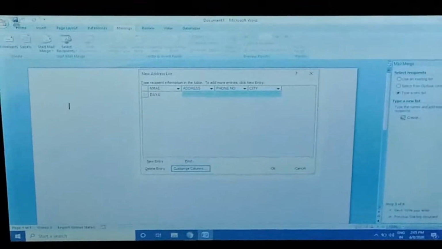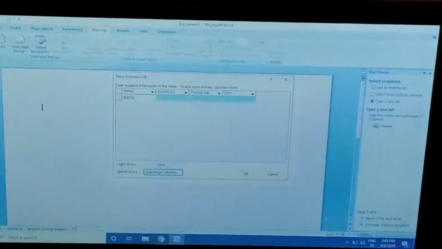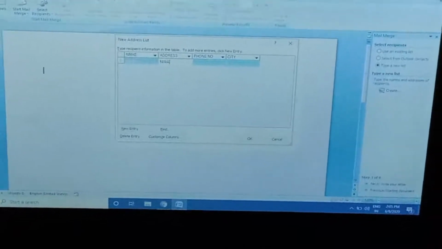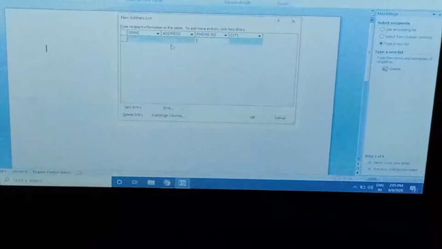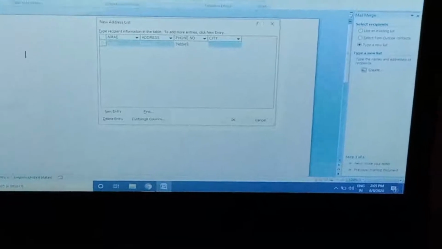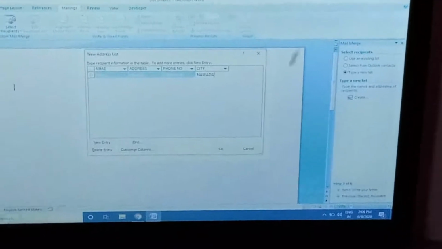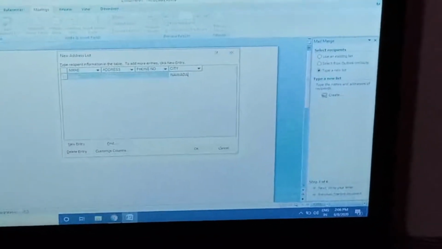Now for the name, suppose the first name is entered there. Press the Tab button. Address: Nevada. Phone number: 7488414140. City: Nevada. Then you fill in the second entry.